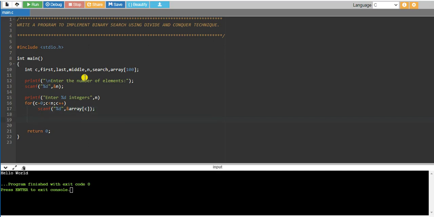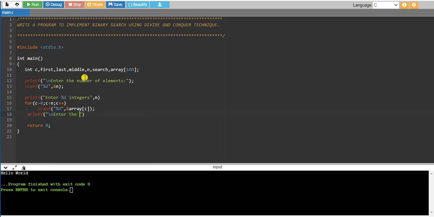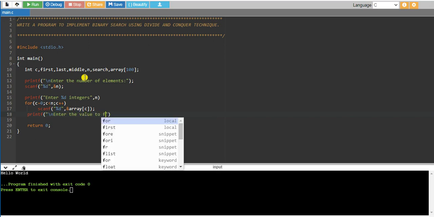After that I have to ask the user to enter which value we are going to search or find in that array. So printf, \n, enter the value to find.